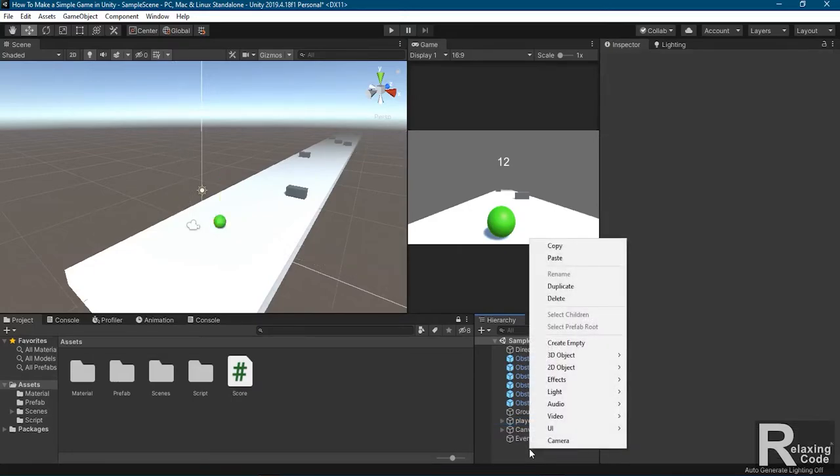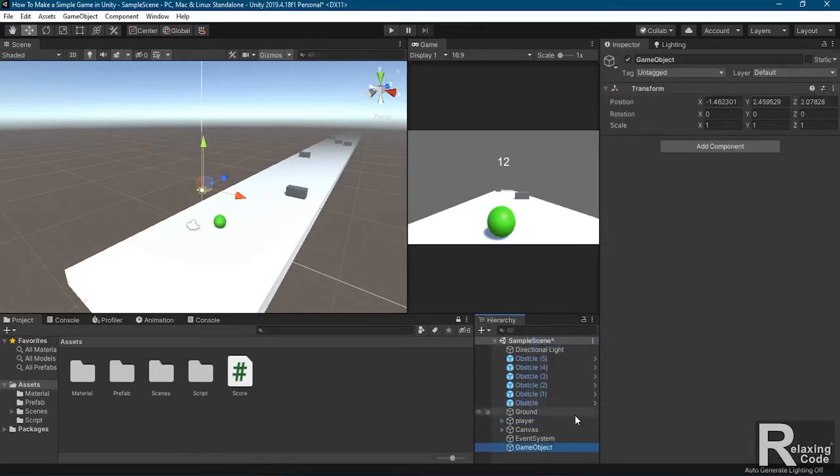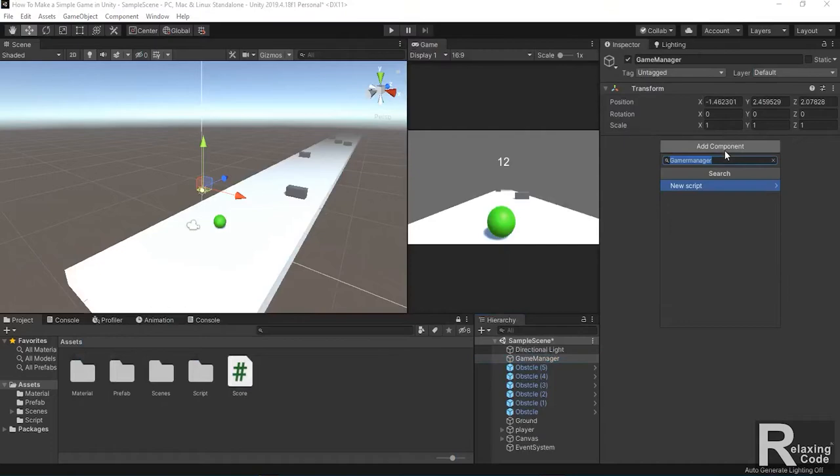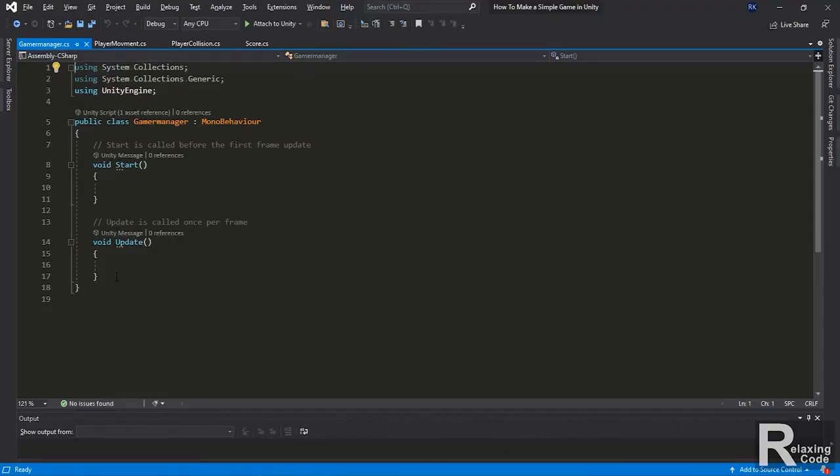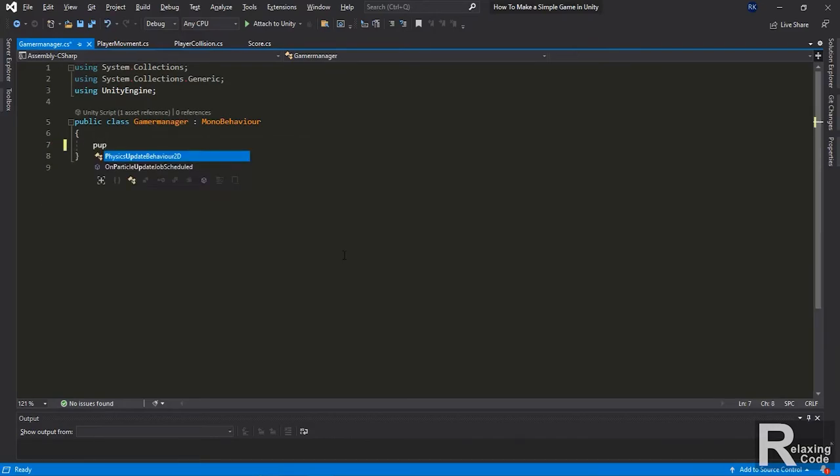Let's create one by going to the hierarchy, right click, create an empty game object, rename it to game manager, and drag it to the top. Inside it we're gonna add a component. Let's call it game manager, create, and this script will be responsible for the game over stuff. The first thing we do is delete the two functions and write public void GameOver,